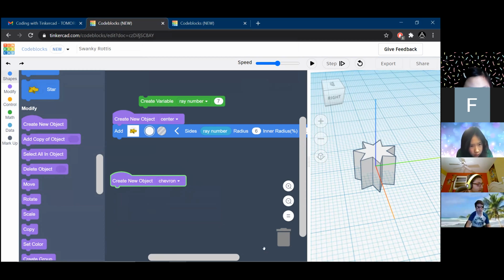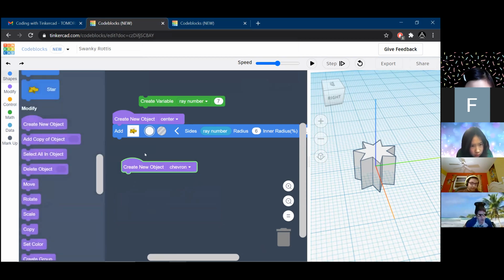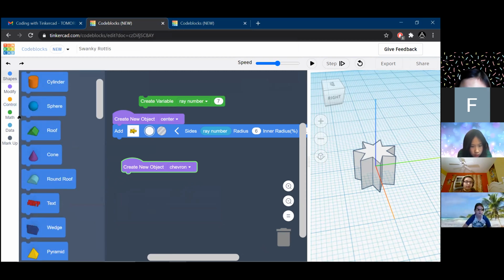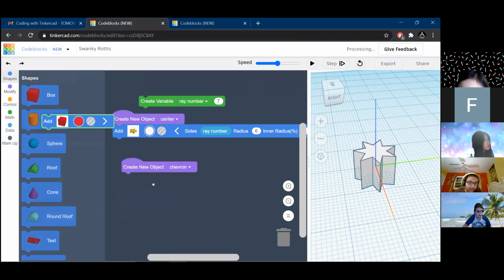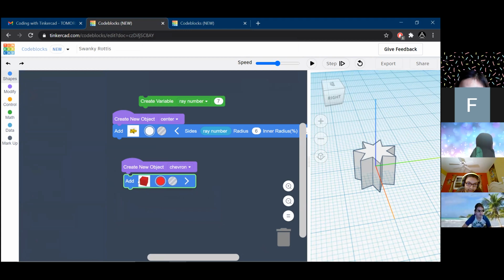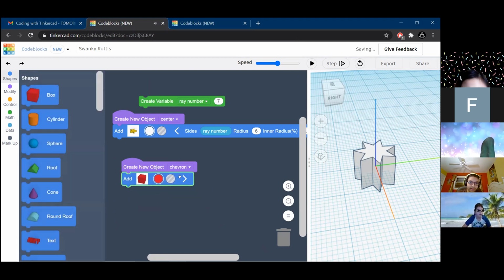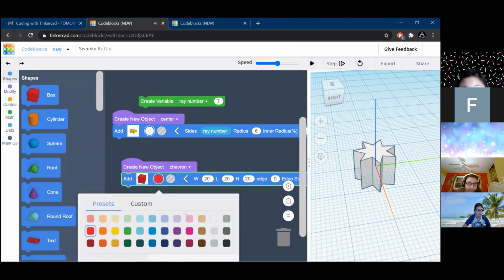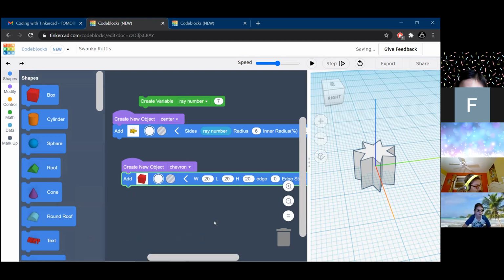Okay, we have chevron. Now, the first thing we're going to do is add a box. And that box is going to be white. And we're going to set the width to 12, the length to 12.